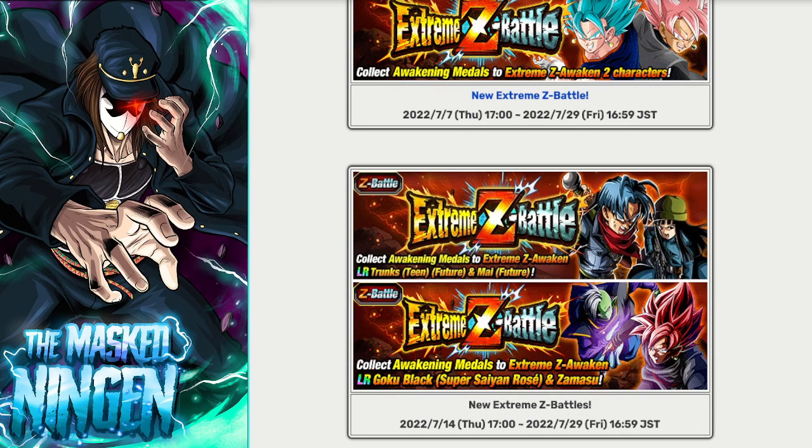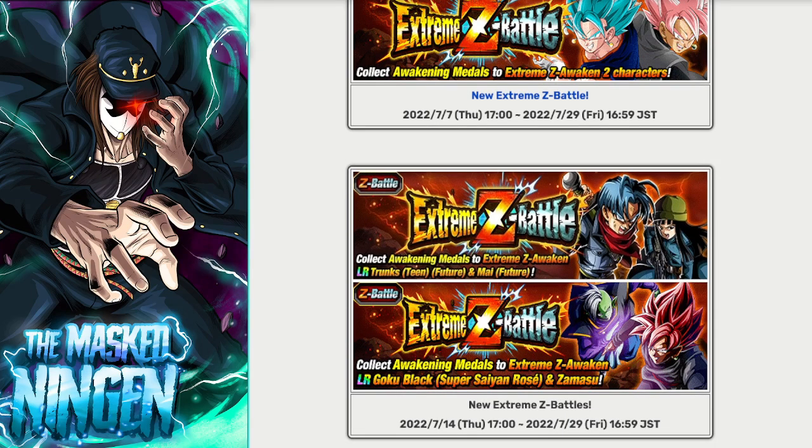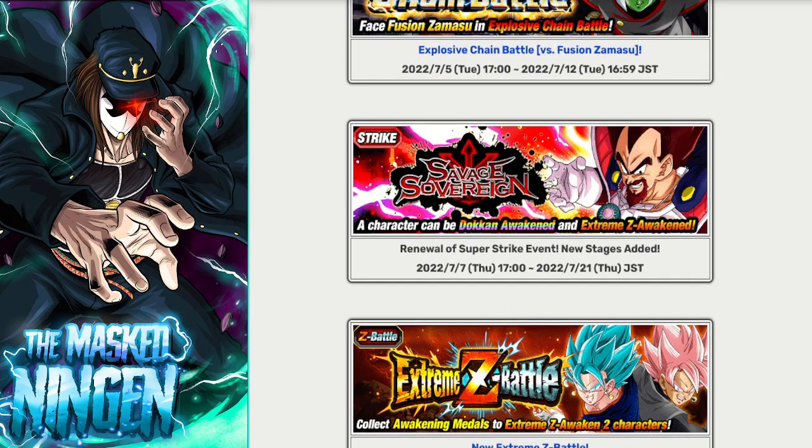Last year's TANABATA gave us 3 separate Extreme Z battles. This one was obviously for 2 Dokkan Fest exclusive TURs, and then we had 2 separate LR ones. We also had a Super Strike Easy A. It doesn't have to necessarily have all of these things, but it's something to consider when you think about themes,